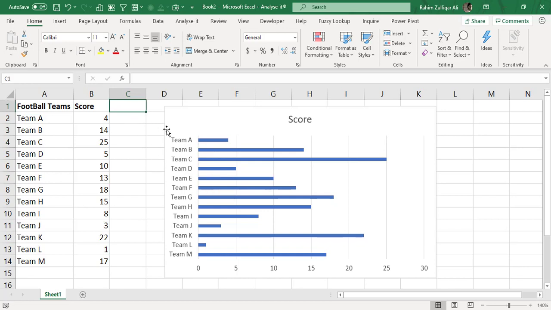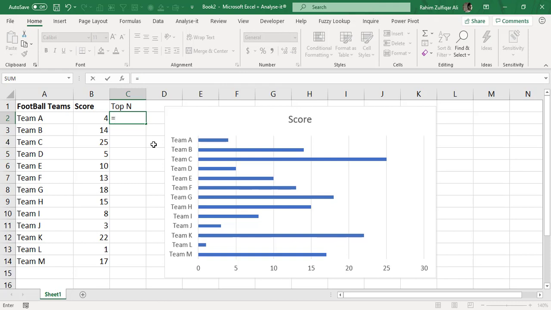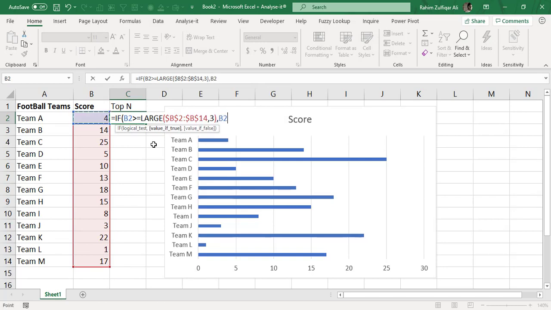So what we can do is add a helper column, and let's give it a nice name, which is Top N, and we will create a simple logic with an IF function. We will do a logical test here: if this value B2 is greater than or equal to the top 3 of this entire range, return that value, otherwise produce an NA error.